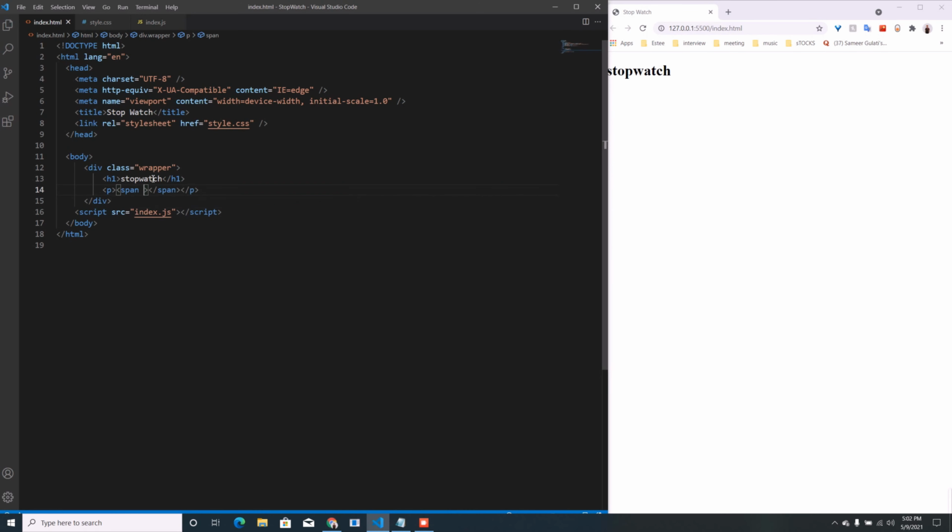The first one, let's give the ID of minutes and give it 00, then another span for seconds, and the last span will be for millisecond.